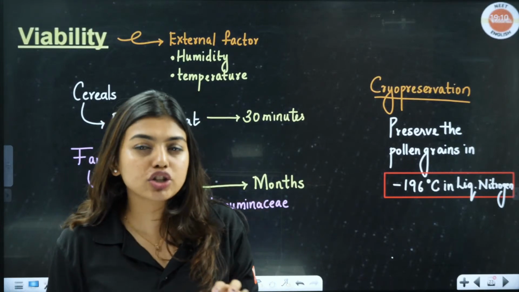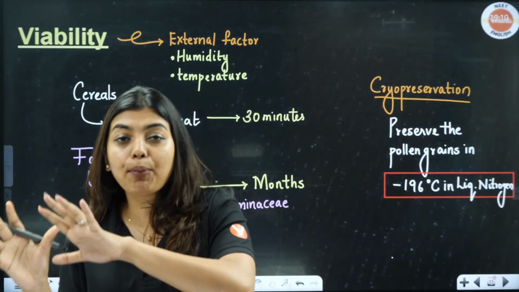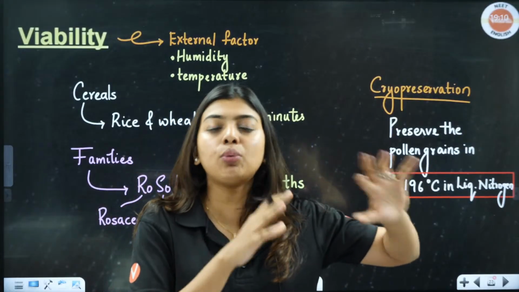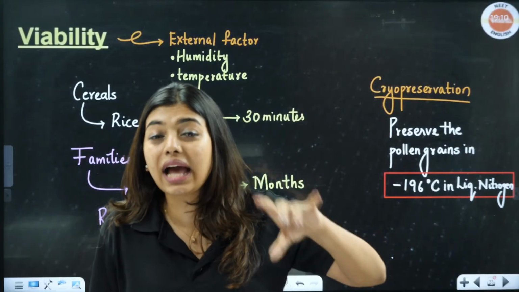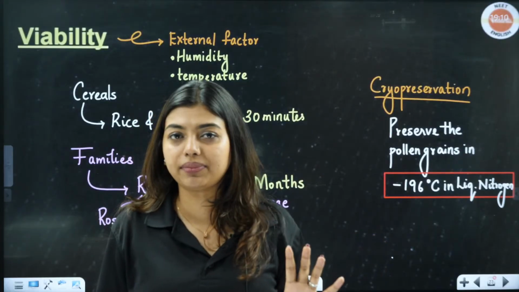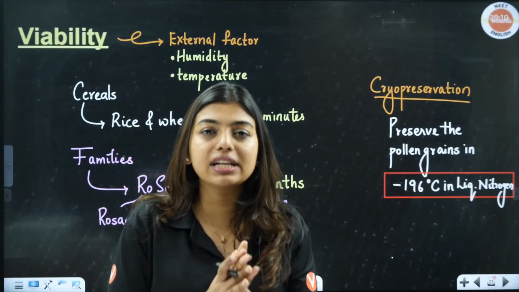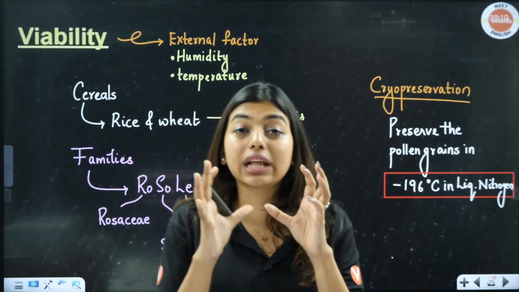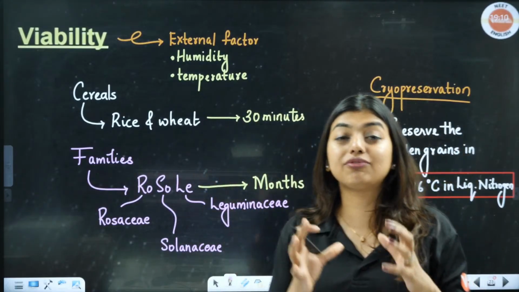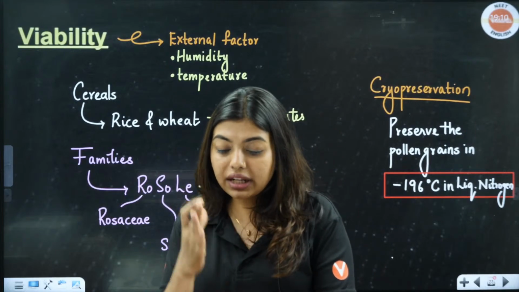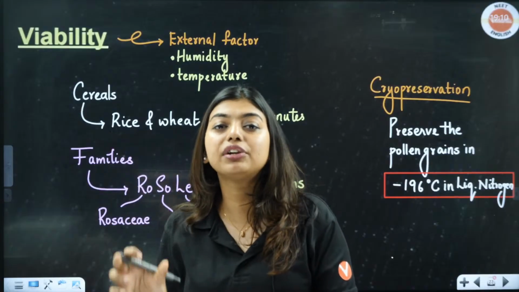Correct? So here also, students, after the dehiscence, let's say the pollen grain has been taken by wind, water, insect, anything. It has to fall on the stigma and start germination. Otherwise pollen grains have an expiry, that means pollen grains are not going to be active after that. That is called viability. Just like OTP, here you have pollen viability. That means after release, the pollen grain has to land within this time, which differs for different species.